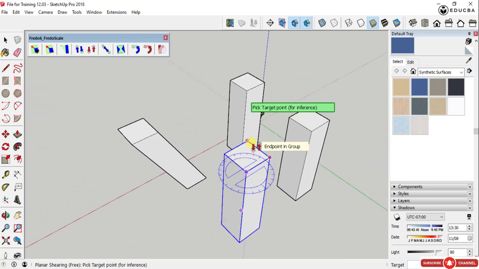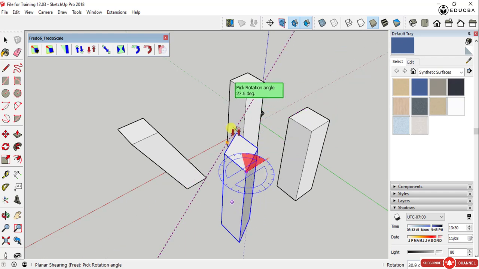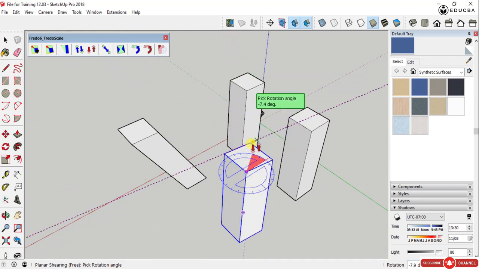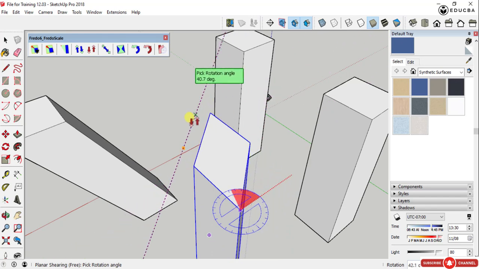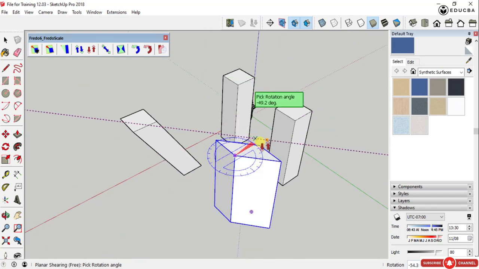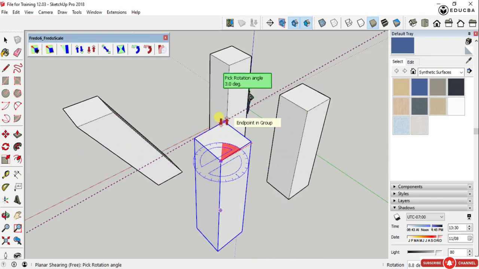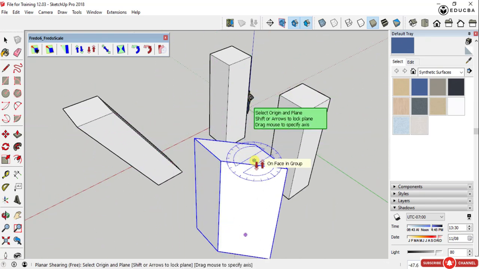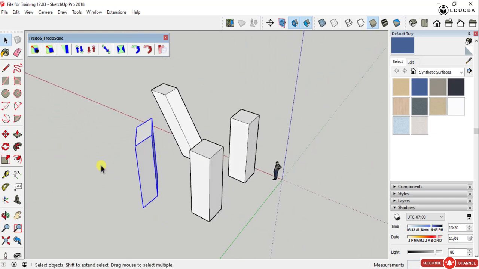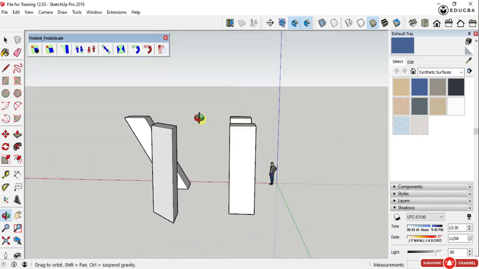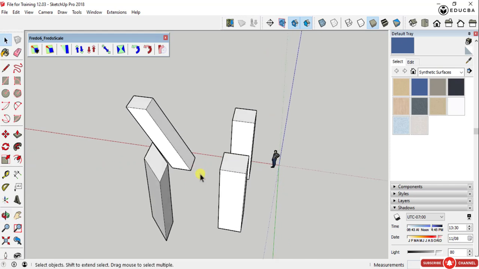I have to choose the target point. And as you see, it keeps that one surface constant and in an angular or radial manner, moves the whole plane and changes the dome geometry. You can see the size has changed. You can definitely have a different shape of the column which you wanted. To the next option,